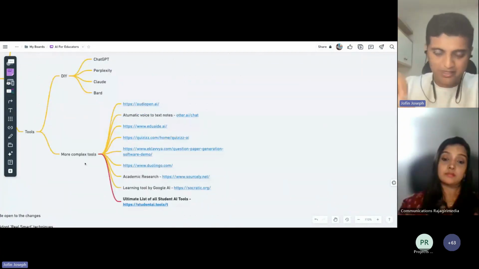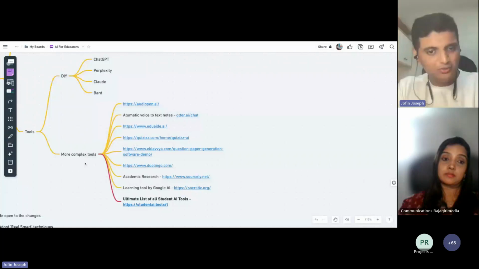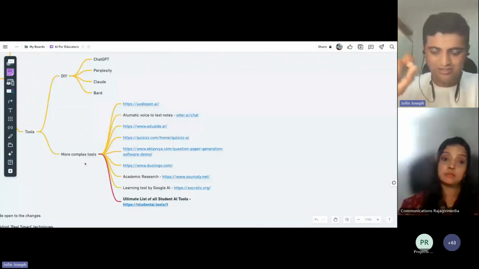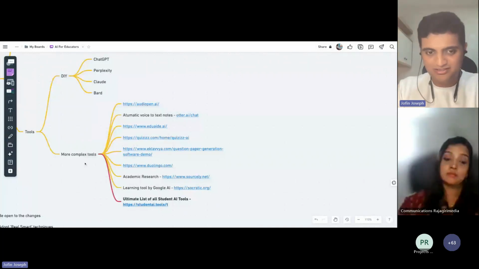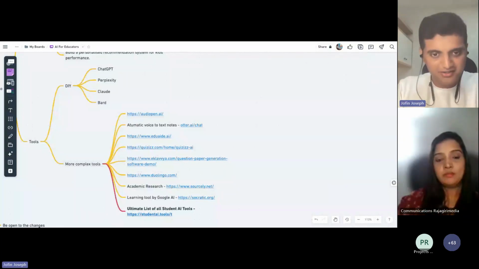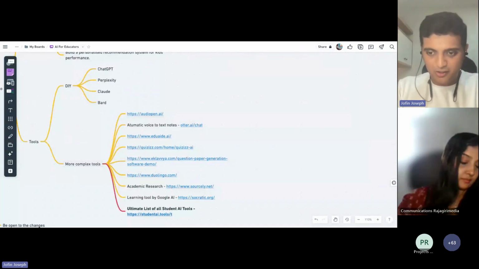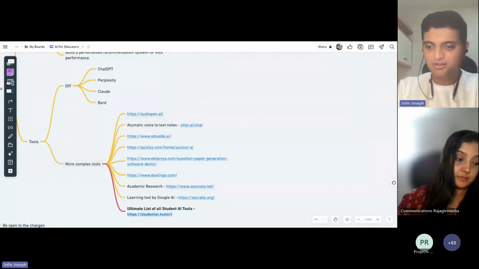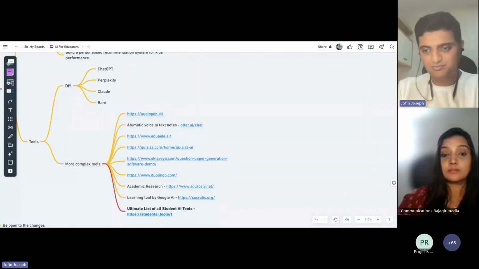But again, going back and saying one thing, you don't need to use like 100 different tools and try to figure out and pay for all these 100 tools, etc. All you need is ChatGPT or Bard. Right? You can do almost all these things in there because now you are the creator. You don't have to write code. You just say it in English and the system will understand. That's the beauty of it.